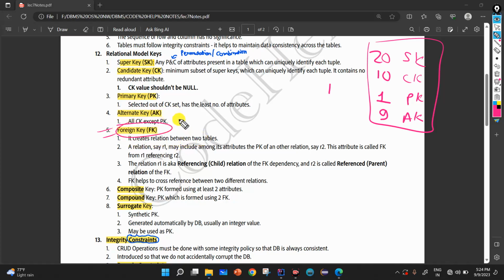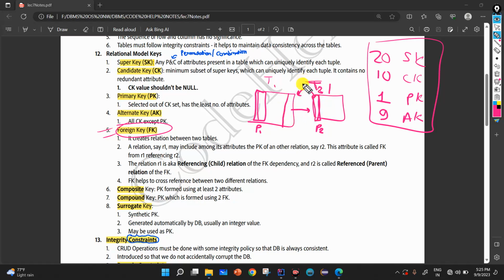Now the foreign key: it creates a relation between two tables. The foreign key is a very important key, and it is mainly used to create a relation between two tables. Suppose we have two tables, t1 and t2, with a primary key p1 here and a primary key p2 there. To make a relation among them, table 2's primary key should be present in table 1, so that we can make a relation.